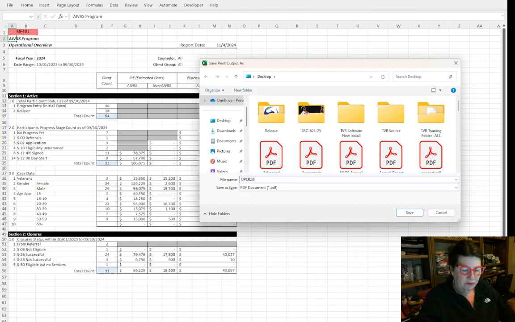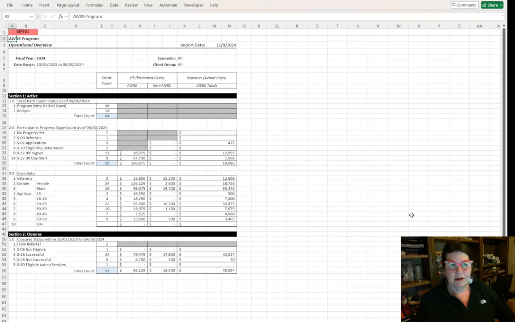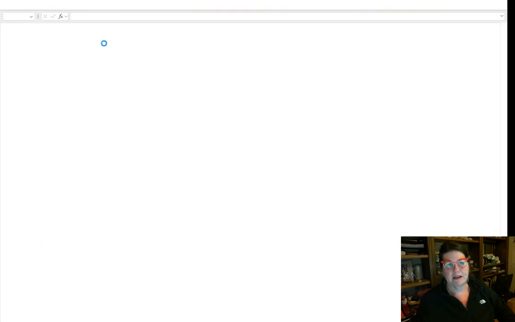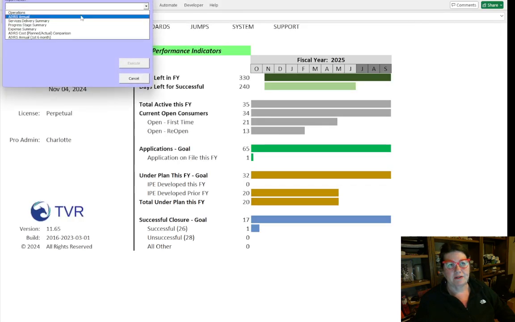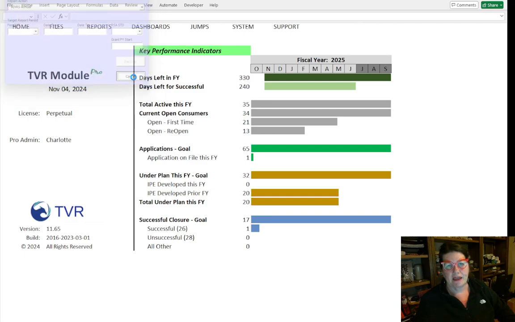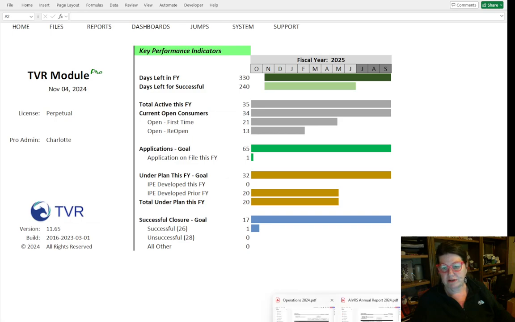Operation 2024. And I'm going to save it. All right, it's saved. So menu, quit. I would do the same thing with the annual report: annual, summary. Pick the annual AIVRS report, pick the fiscal year 2024, and then let it run, and then also save it as a PDF. Once you save it as a PDF, you can go into your Adobe